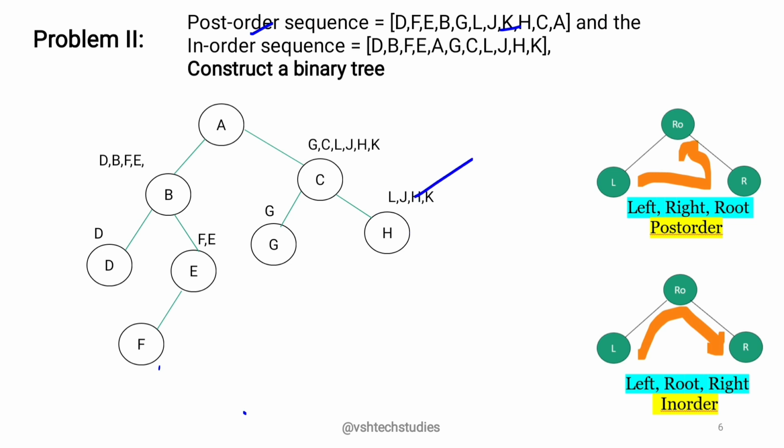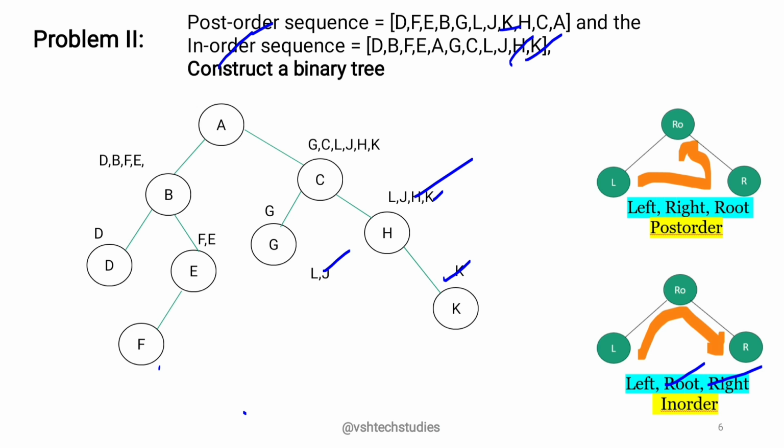Which are remaining here? If H is the root, L, J, K are remaining. So what do they form, left child or right child? Which one is left? Which one is right? For that we'll have to observe the in order sequence. Search for H as root here. K is coming on the right side. So K becomes the right side, and L and J become the left side. So L, J on the left side, K on the right side. The K node is taken and made as the right child